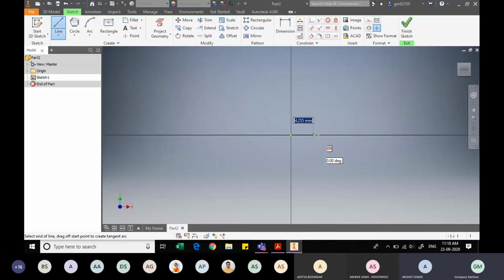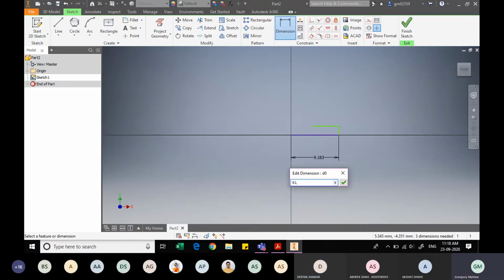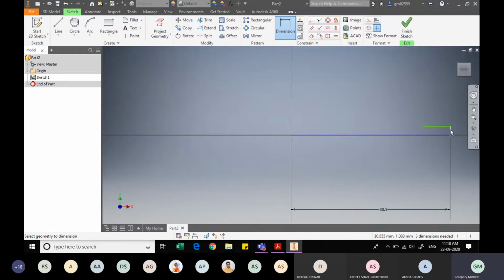Can one of you answer? 61. I will just arbitrarily complete this part. So 61 by 2. Now I will finish this. How much is this length? If you are not able to, we can directly put it in terms of 61 by 2. And how much is this height? It is 9. So we are doing this.